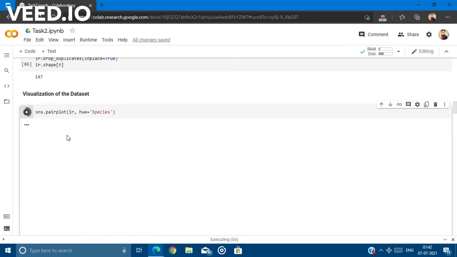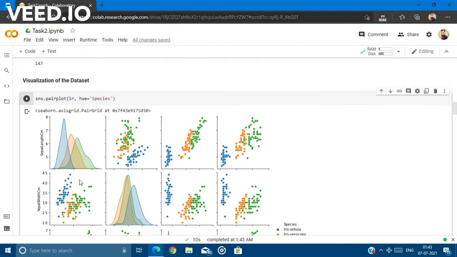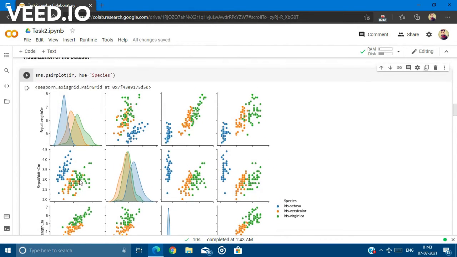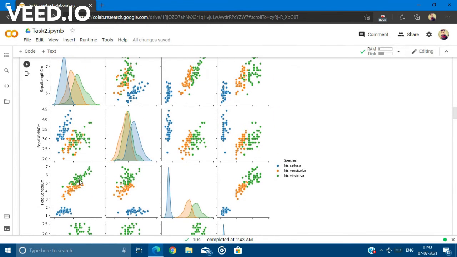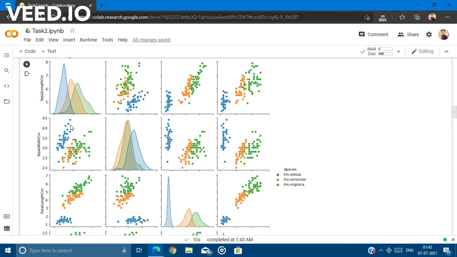By using a pair plot, we visualize the dataset. This is the visualization of the dataset, where the blue one is for Iris setosa, the green one is for Iris virginica, and the orange one is for Iris versicolor.